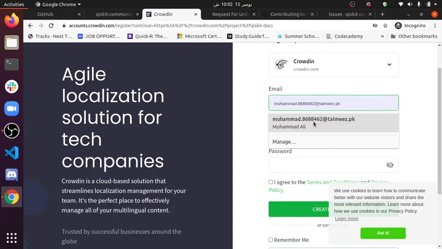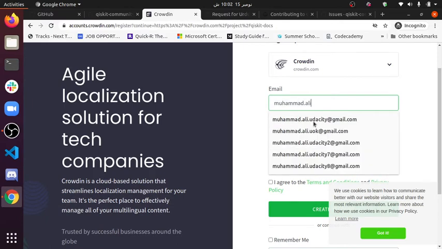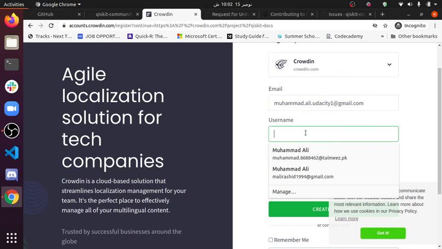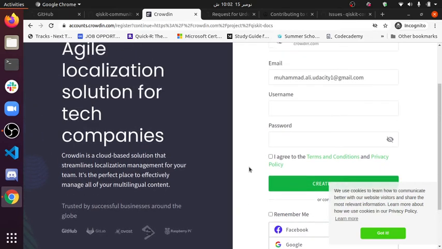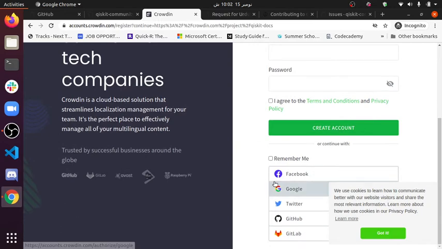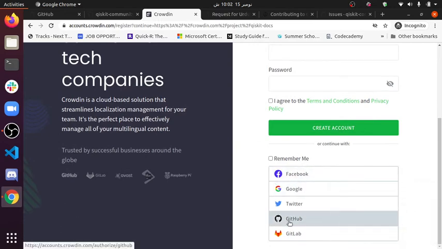For example, in my case, I will add mohammad.ali.udacity1@gmail.com. So you have to type the email that you use, or there is a simpler option, which is to sign in with an option here. I'll use the GitHub option, as it will really create an ease for us.